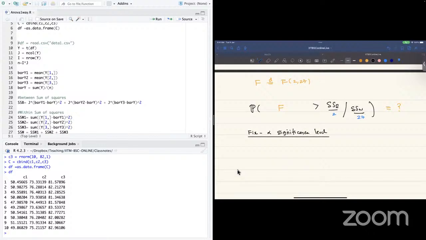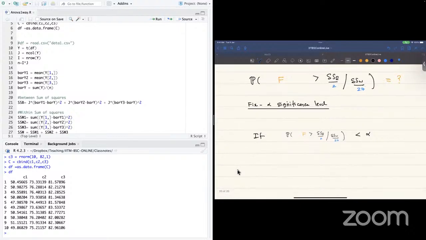And once I fix this, let me call this my p-value. I won't introduce more jargon. What I'll do is check if this particular probability is less than my alpha. If this happens, that means the chance of this occurring is very, very small. So if my alpha is so small, then what I'll say is that if this happens with alpha confidence,